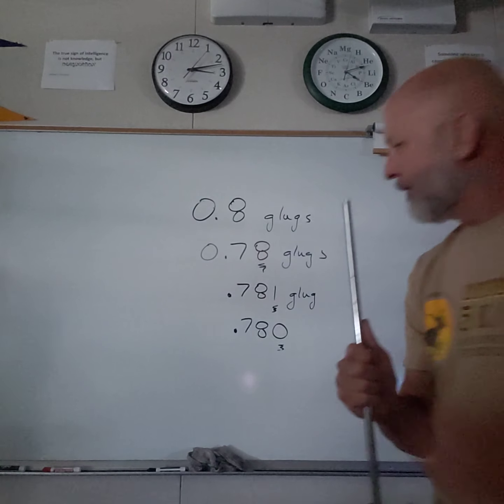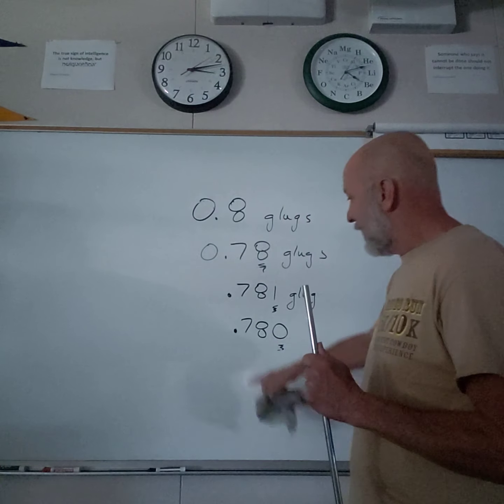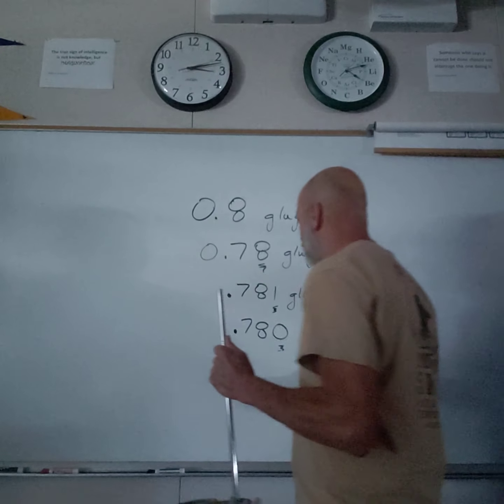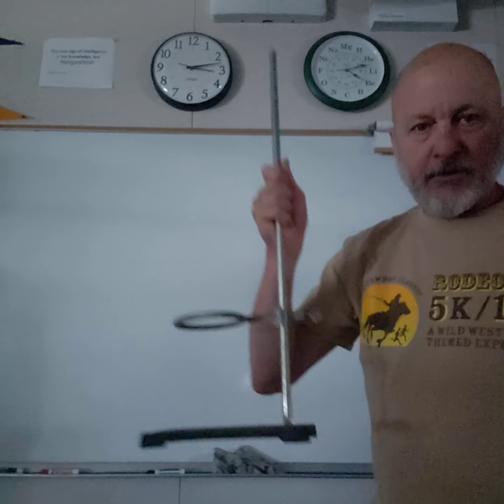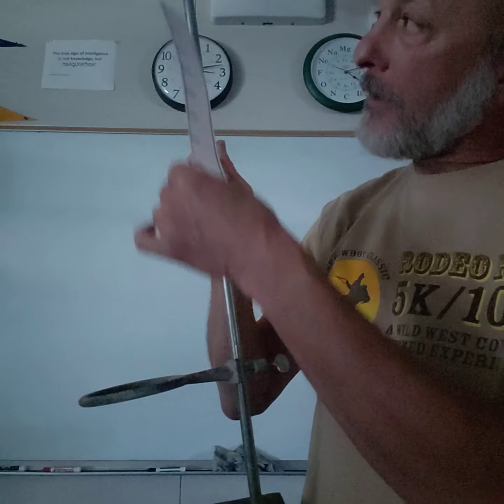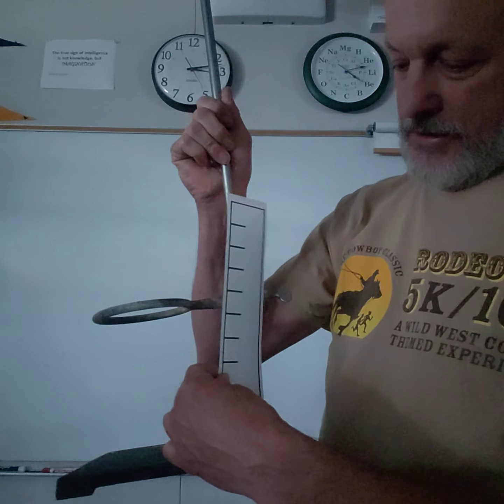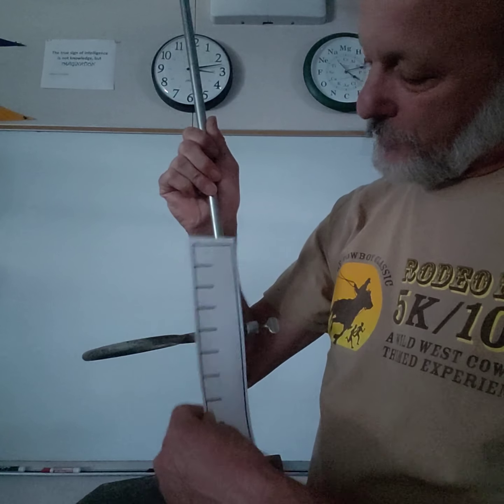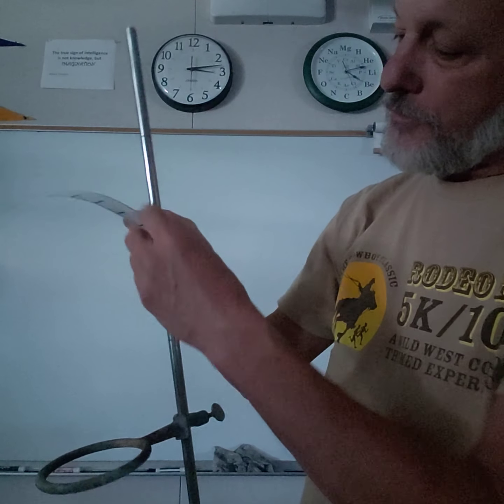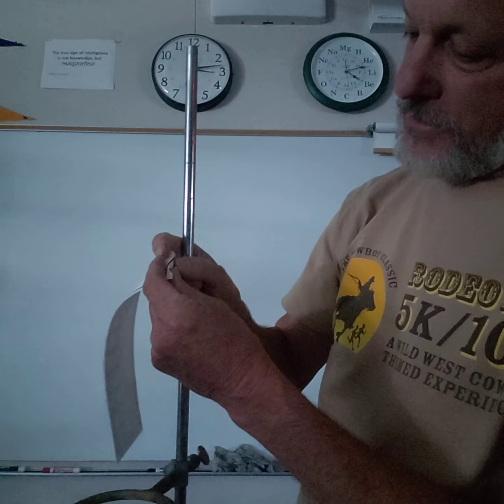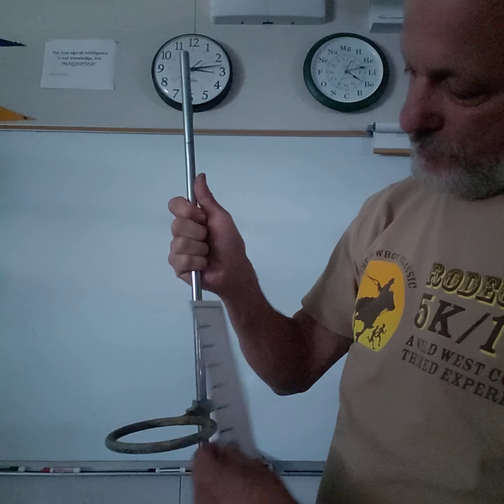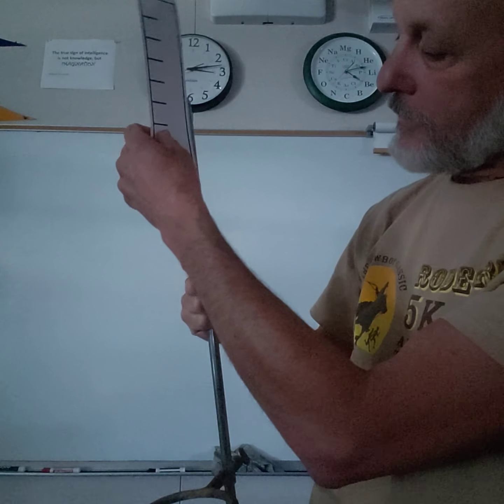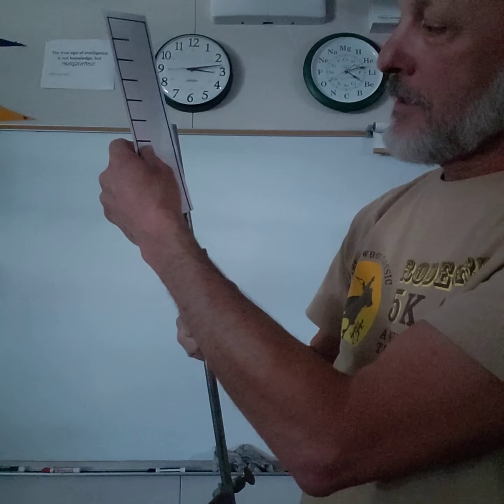Okay, so in order to get 3 digits for the pencil, I needed to use my ruler with markings to 100th of a glug. Sometimes it's not that necessary. If I'm dealing with a longer length, so I measured the height of my ring stand, and I knew I wanted 3 digits. And I said, well, okay, this is definitely more than 1 glug. And I measured it. I've already measured this and kind of marked it off. So I measured from here. And when you're doing this, if you want to bend to the edge so you can go end to end, one here, and then I went here, and I've already marked it. I'm just going through quickly. And I said, well, it's like